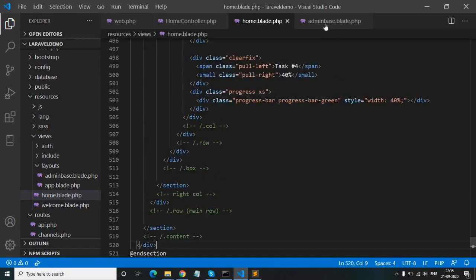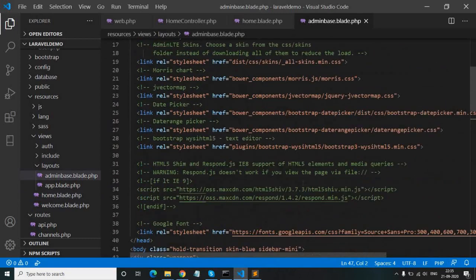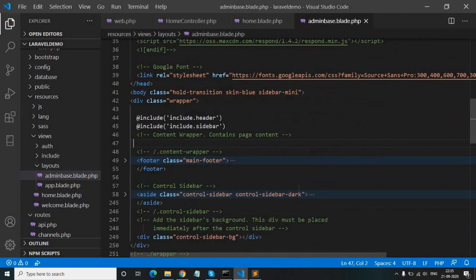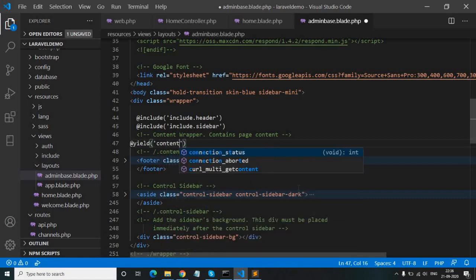Okay guys, now we have cut our HTML and divided all the parts into different files. So here we will use @yield content. @yield indicates that we can call our HTML section inside this content.